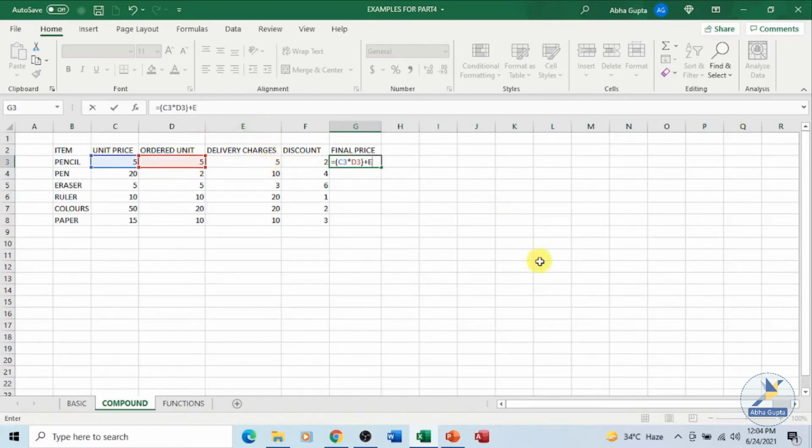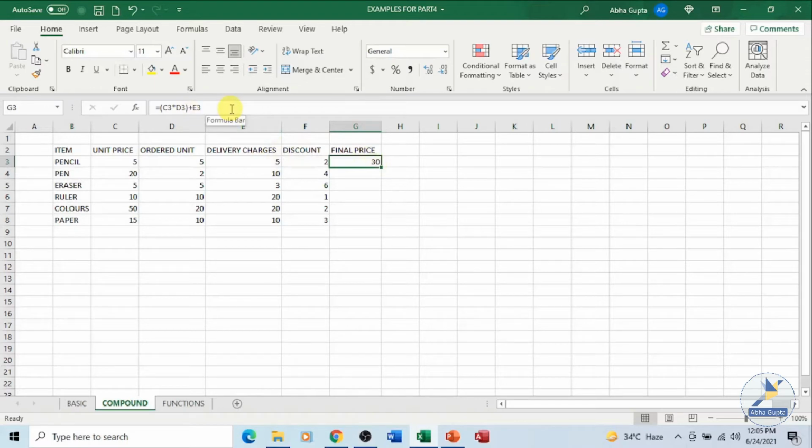You can type in E3 or you can simply click on that particular cell, it will appear. Let's deduct the discount also. We'll come to discount also. Let's see what we get if we press the enter key. So here what we got is 5 into 5, 25 plus the delivery charges, that is 30 rupees, and the formula is appearing in the formula bar. Similarly, we can calculate the price for the other items also, eraser and ruler.